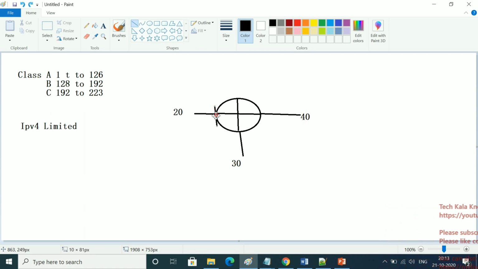This corner is an interface, a router interface. This is the router when we are connecting to the LAN. So this is the interface.